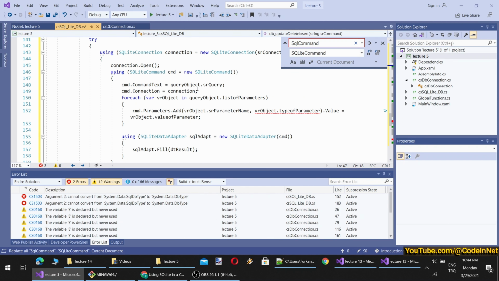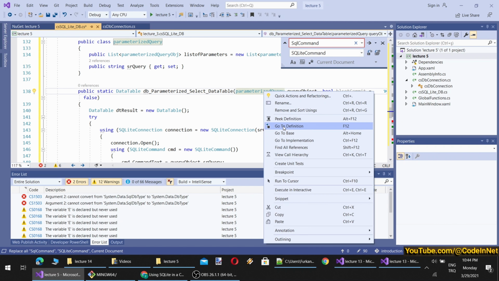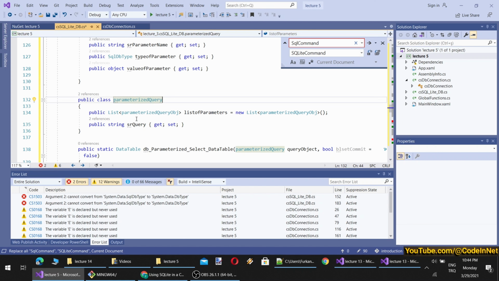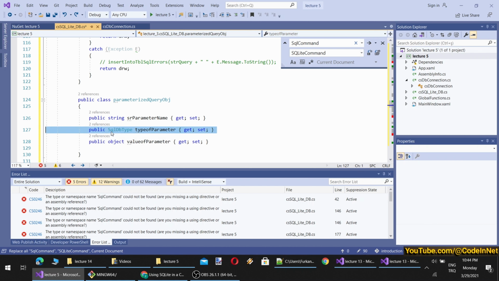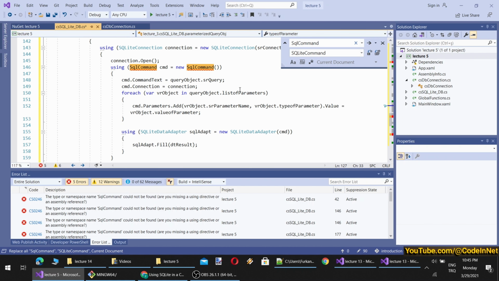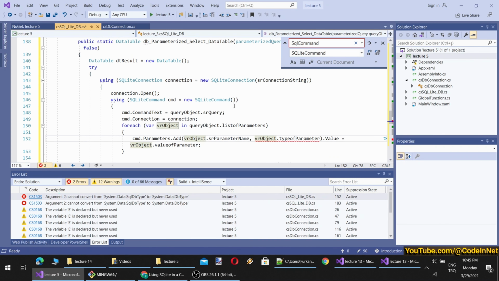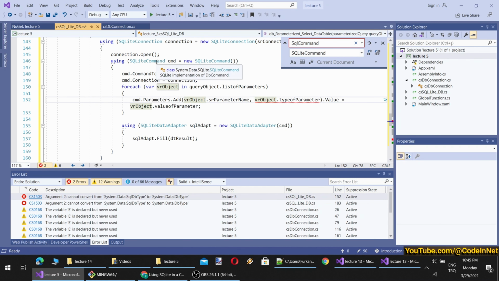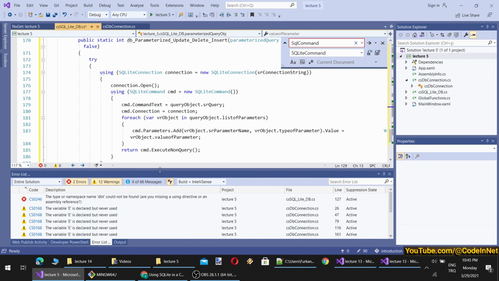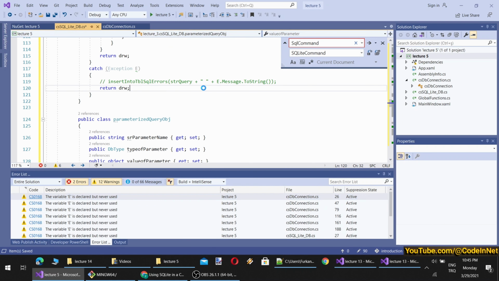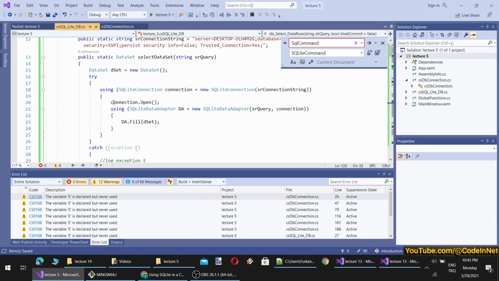Here, we also need to change our parameterized query object, which is here. So let's change it as well. So this will be SQLite DB type, and this will be SQLite command. SQLite command is expecting DB type. So this is still DB type. Okay, no errors are left. So what we did was simply changing SQL to SQLite.